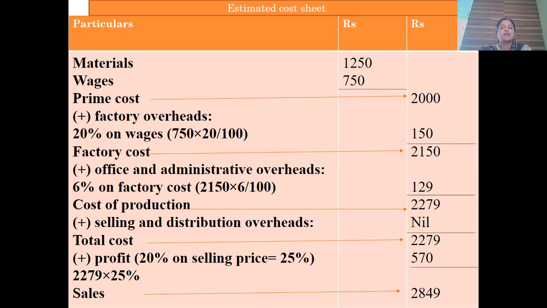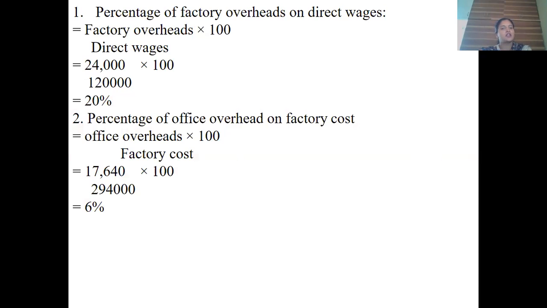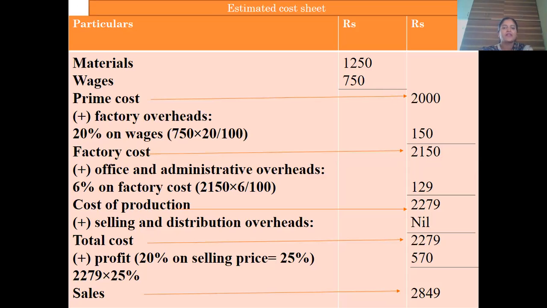Next, for your factory cost you need to add office and administrative overheads. That is 6% on the factory cost, which we have already calculated. See here, the percentage of office overheads on the factory cost is 6%. So 2,150 is the factory cost, into 6%. If you calculate, you get 129. If you add these two, you get the cost of production as